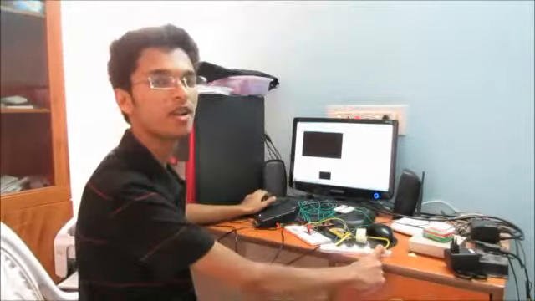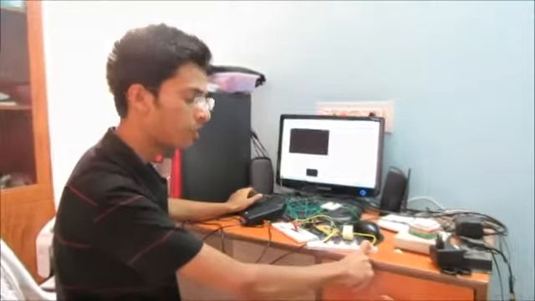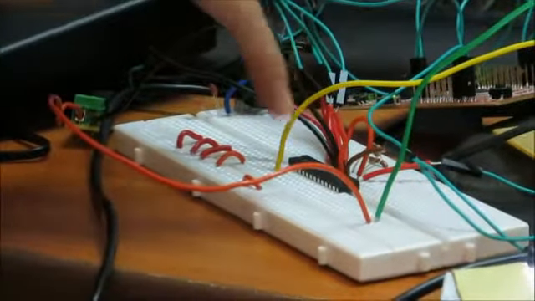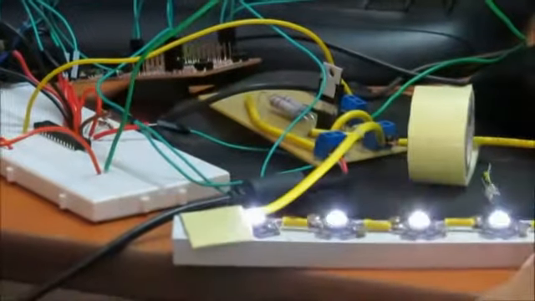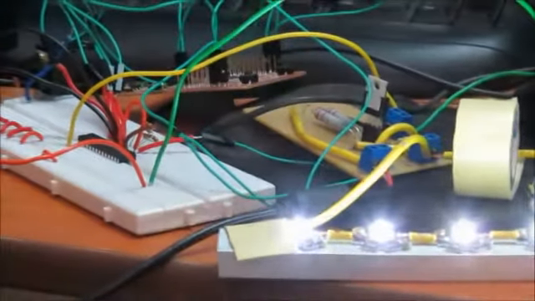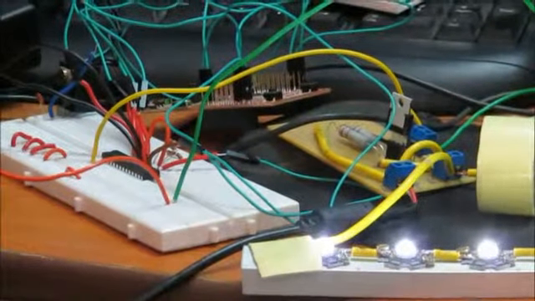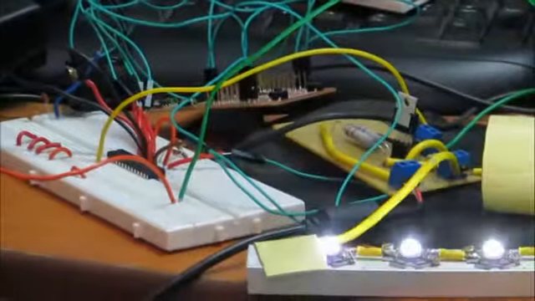This is the implementation of our high power LED MOSFET current driver. This is our MOSFET circuit. This is the TIVA launchpad controlling through the TLC 5940 PWM LED driver. As I change the values in the terminal, the brightness of the LEDs changes. Maximum brightness, intermediate and minimum. In the future we'll have this set up in all houses and control the light according to the ambient light present in the house.